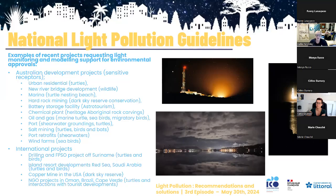A chemical plant had an Aboriginal rock carving area nearby where Aboriginals had a meeting place. Because Aboriginals tell their stories in the stars, if they can't see the stars, that impacts their ability to tell their stories and their heritage values. There were oil and gas developments with marine turtles, seabirds, and migratory shorebirds nearby, ports, salt mining, and wind farms are the most recent ones, with potential impacts on seabirds from the lights, not just the